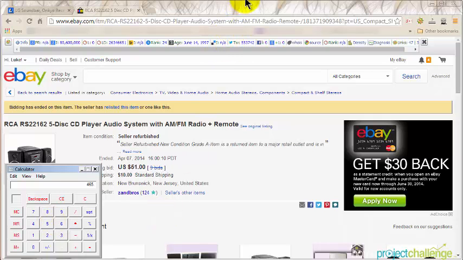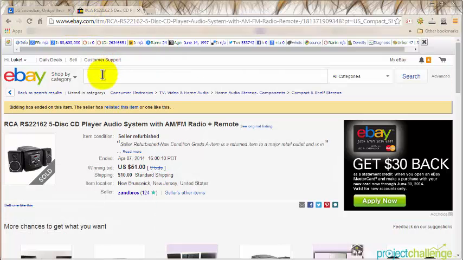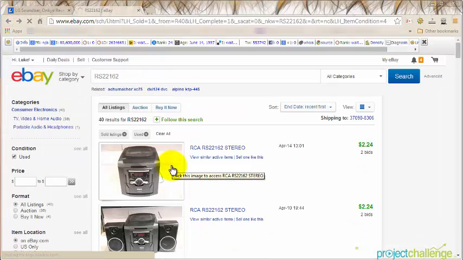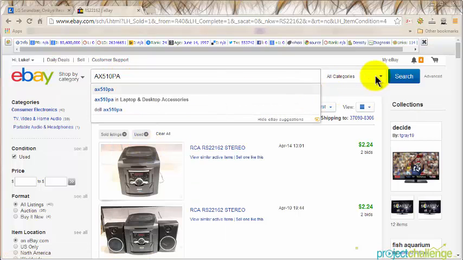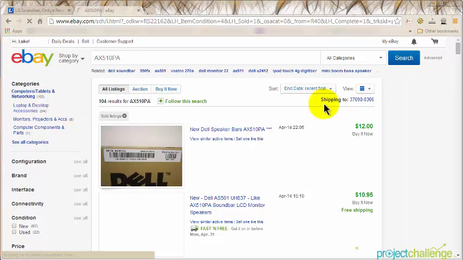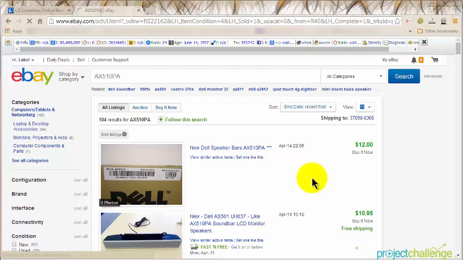Okay. Next we have a Dell speaker. Actually, I think that these might sell for about $25 to $30 if I'm right. Okay, paste that in there. This is our last line item, and wow,